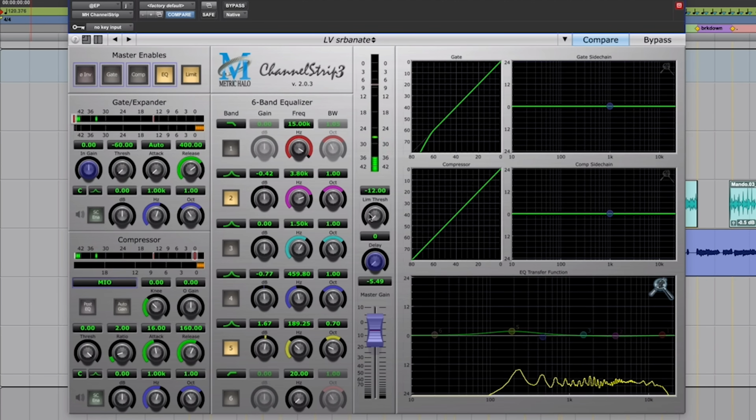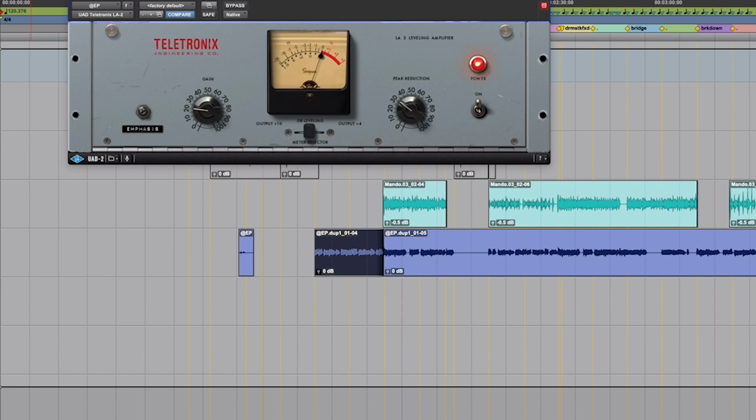You'll notice that if you turn up the gain going into this thing,